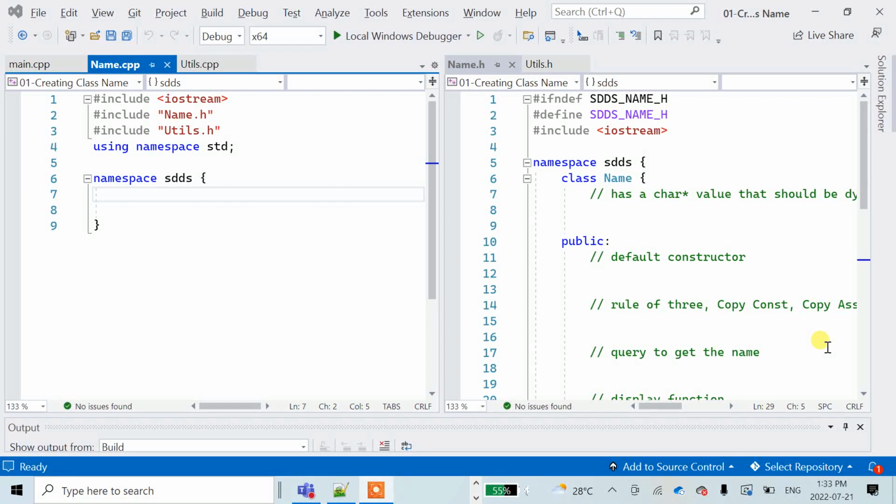Okay. If not, we are going to create two classes today, and we will do something relatively new, which probably you haven't done in the past. When it comes to dynamic allocation, today we will add two functions to our utils package to take care of dynamic allocation of memory